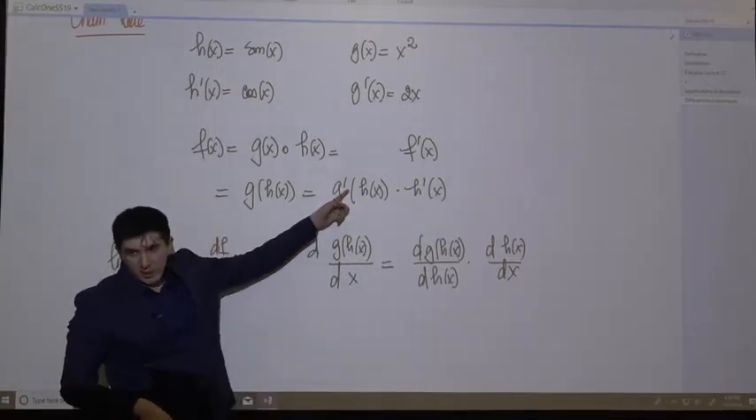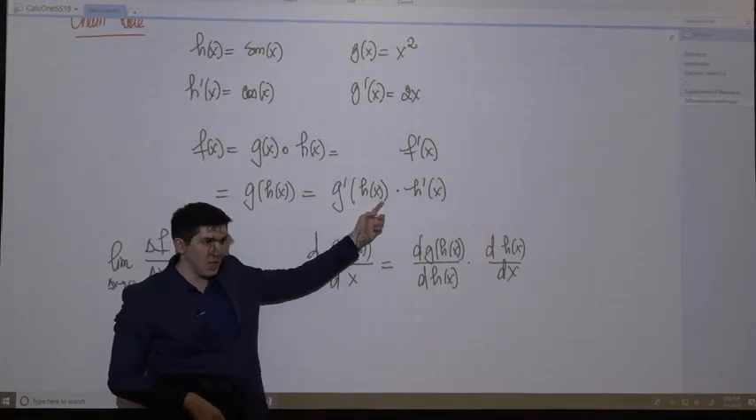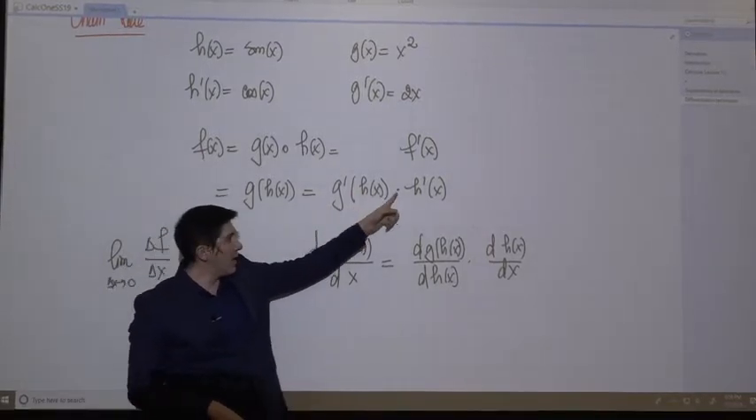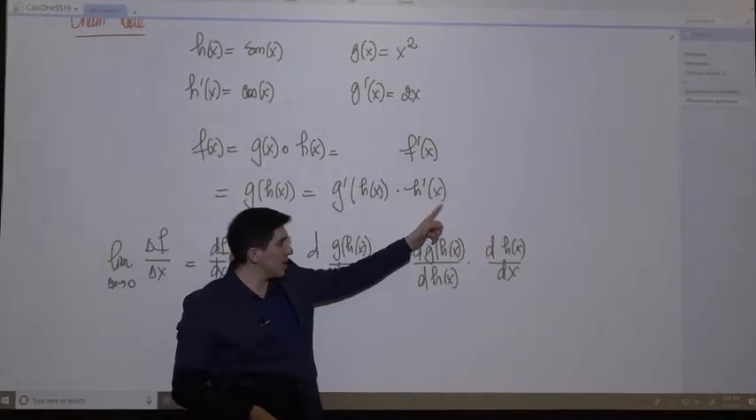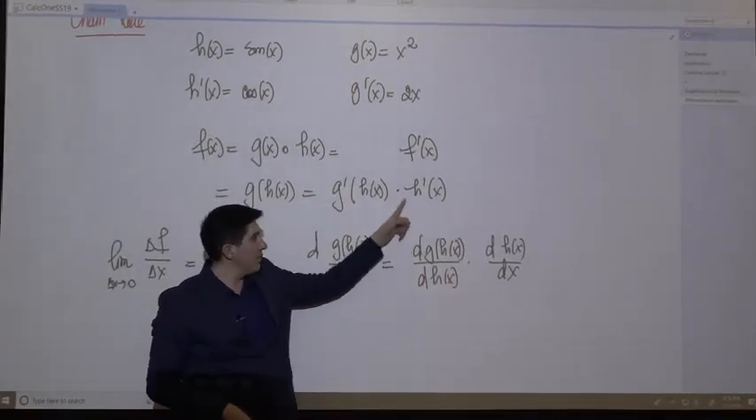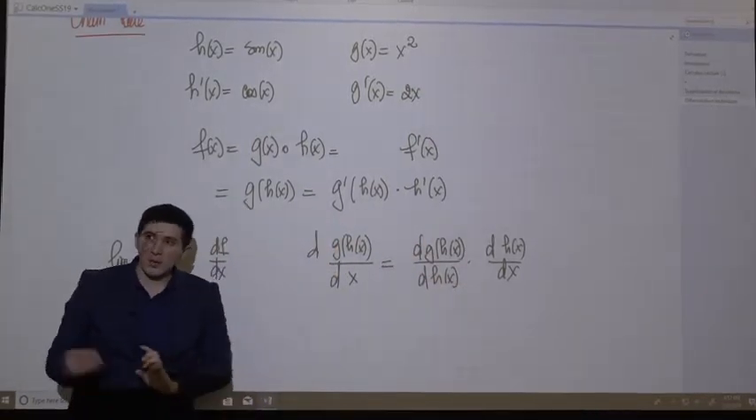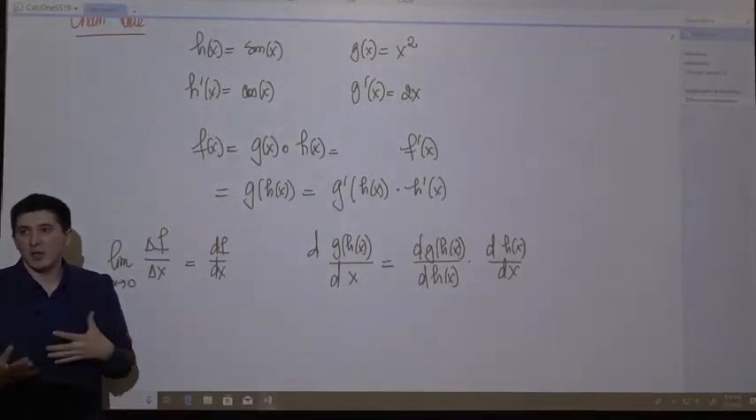Now look at this formula, right? In this formula, I need to find the derivative of g with respect to h of x, right? Then multiply this by the derivative of h with respect to x. Do you see that this is equal to this one, and this corresponds to this one, and this corresponds to this one, right? Okay, so here we say that I would like to get some intuitive feeling that the chain